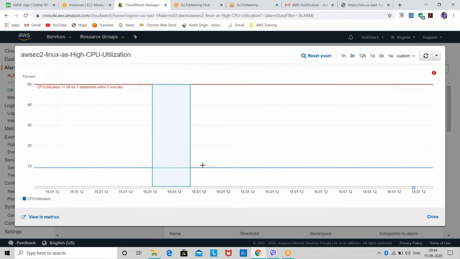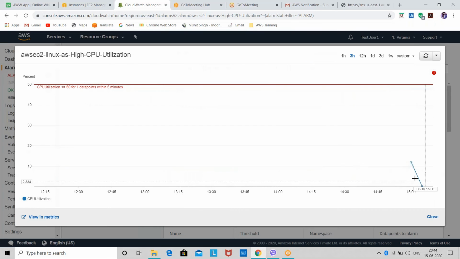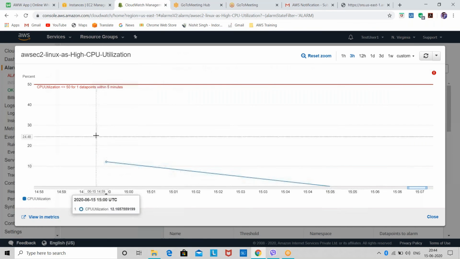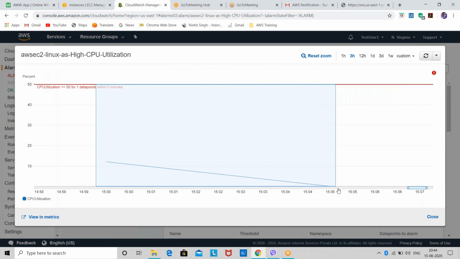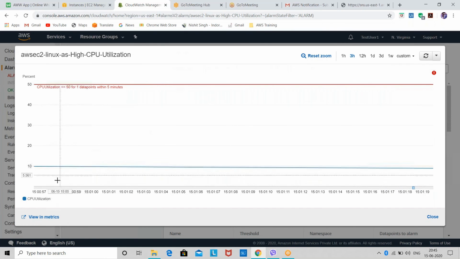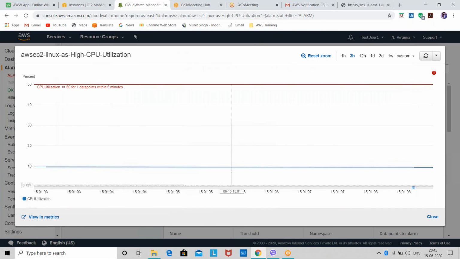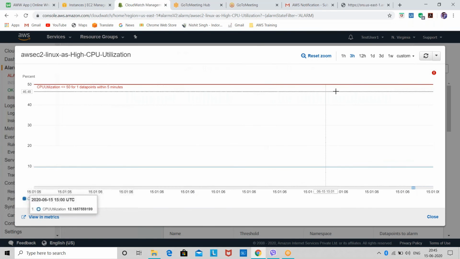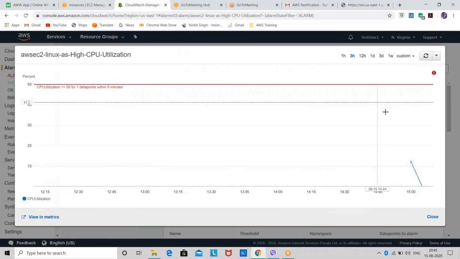And as soon as you select it, you can zoom into it. Like I'm selecting this much area, so it will show me the zoomed area. Then I'll select this much area, so it will again zoom in and show it to me. If I want to see a particular time, I can select it. So this way you can monitor each and everything.